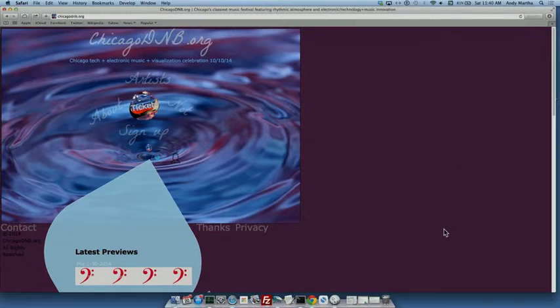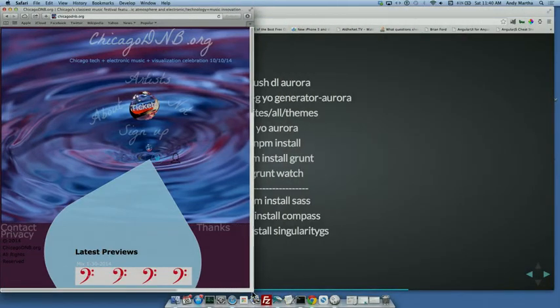We built this in 4 days, and it's fully responsive in that,